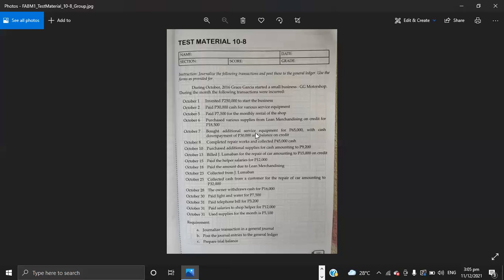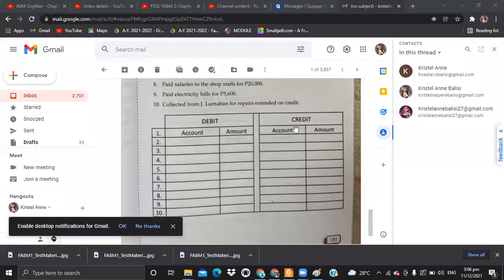And then, isama nyo na rin tong chapter 9 kasi na-discuss dito yung mga books of account. Okay? Though, sa January pa naman to, but you can try na rin yung journal entries kasi we will discuss din naman more about the ledger and the trial balance. Pero yun, you can answer naman din para pag may questions kayo, you can ask me na din sa messenger.